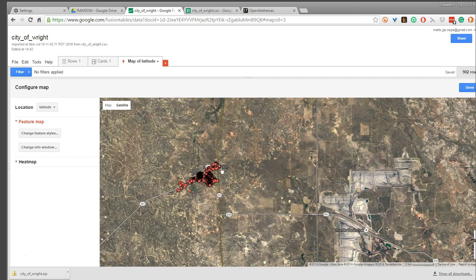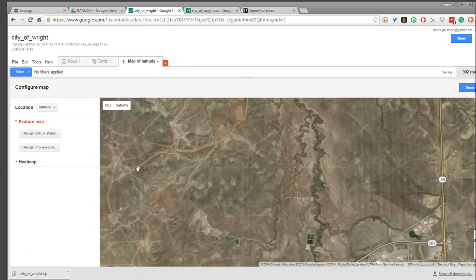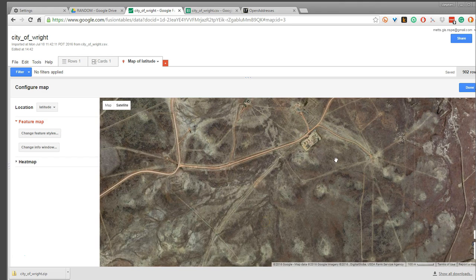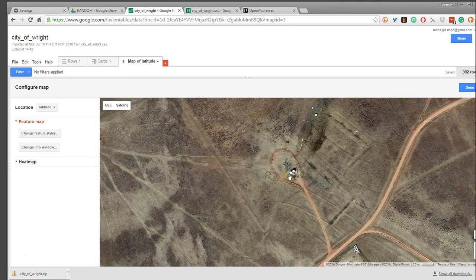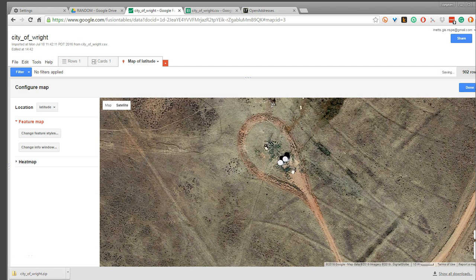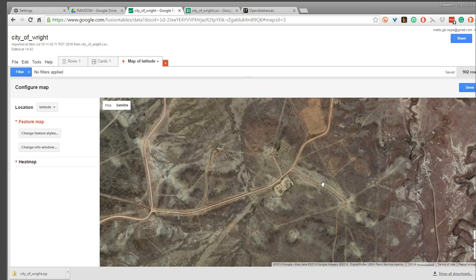And if we also look at the imagery, we can zoom in and we can see a lot of the oil development and probably fracking sites very close to the city itself. So if we zoom in here, we can see a lot of this type of activity. So that's our data within